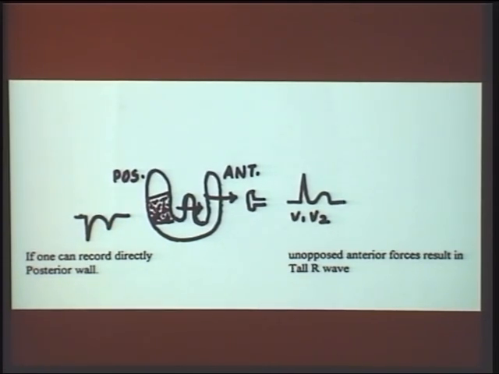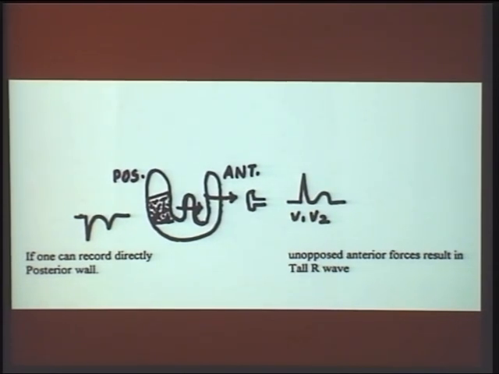So I am not doing that. What I am trying to do is, from V1 and V2, interpret what is happening in the posterior wall. So exactly the opposite thing is going to happen in my anterior wall. The Q wave will become the R wave, and the inverted T wave will become an upright T wave. Remember, the posterior wall infarction is diagnosed, especially in the presence of inferior wall infarction, by the presence of a tall R